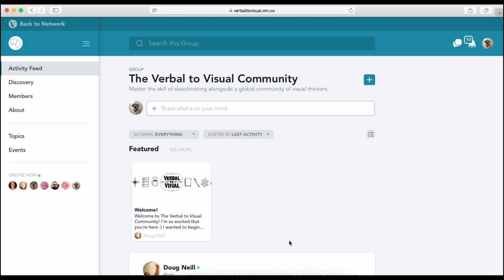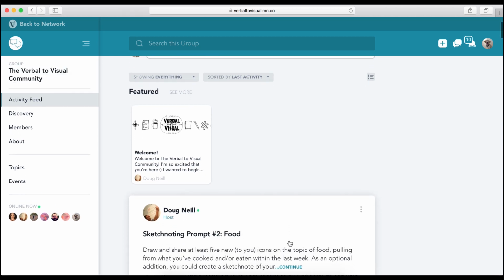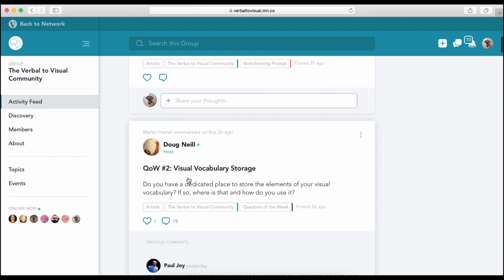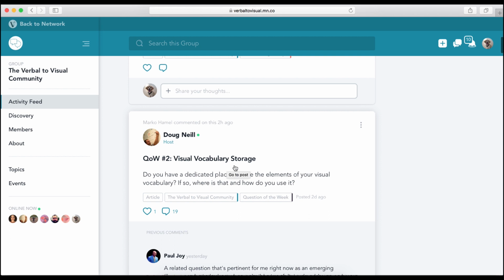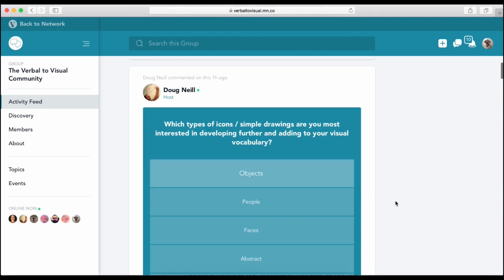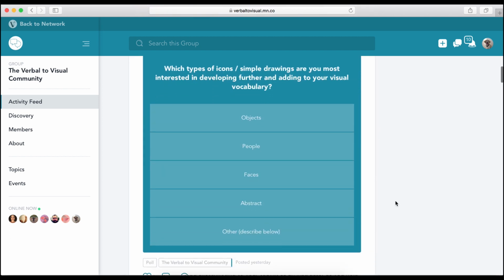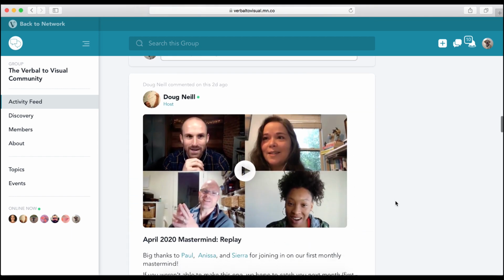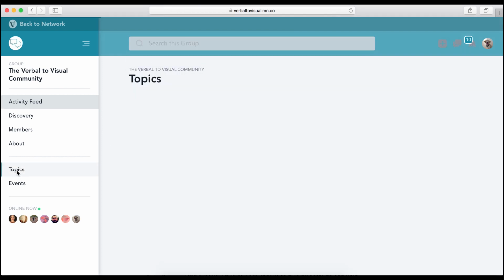So when we scroll through the feed of what's going on within the community here, you'll see that just today I posted the second sketchnoting prompt, this one connected to food within the monthly theme of Build Your Visual Vocabulary. The question of the week that I posted on Monday was about where you store your visual vocabulary. There are some pretty cool poll features within Mighty Networks here. There's also the previous week's prompt, a replay of our very first mastermind event,